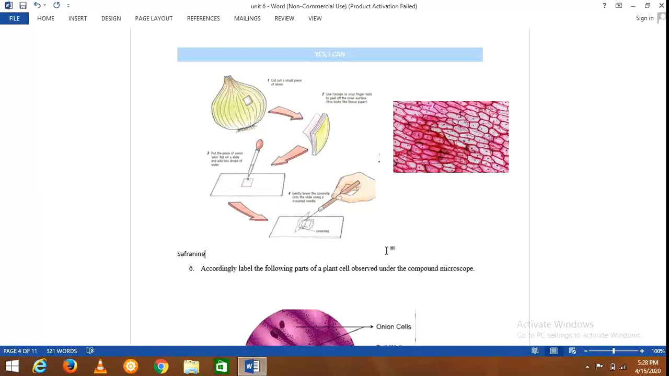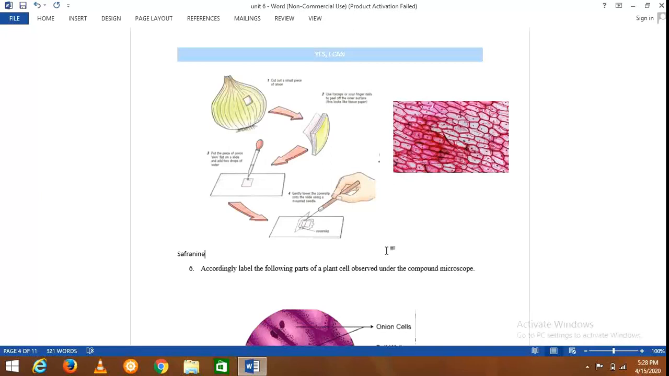After that, you have to remove the excess liquid by using a blotting paper. Then observe it under the low power of the microscope. So if I repeat the steps for you to write, obtain a thin transparent section from an onion,